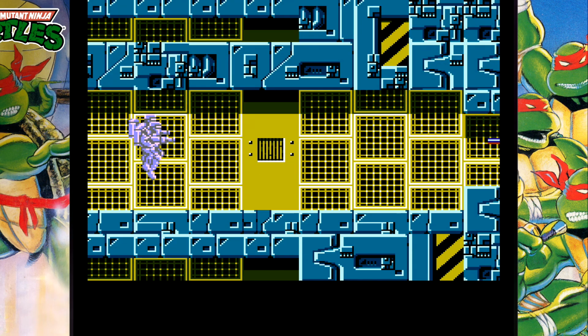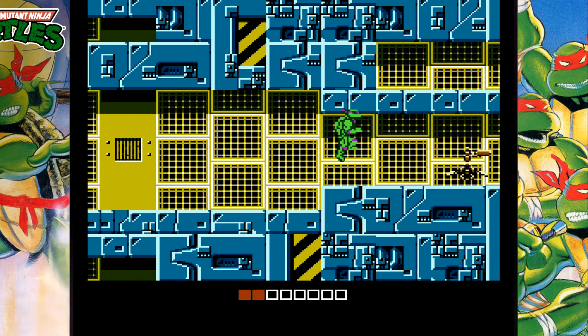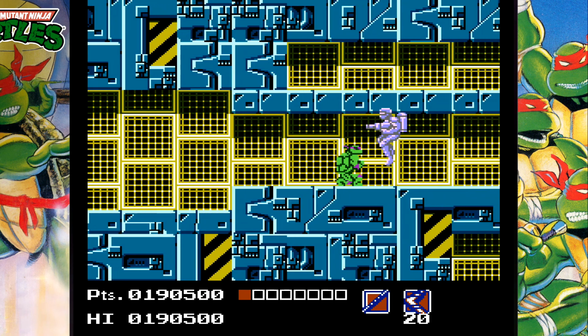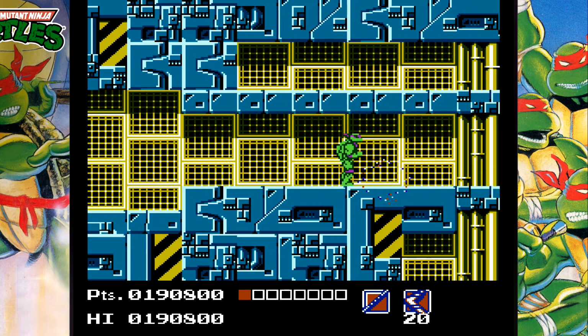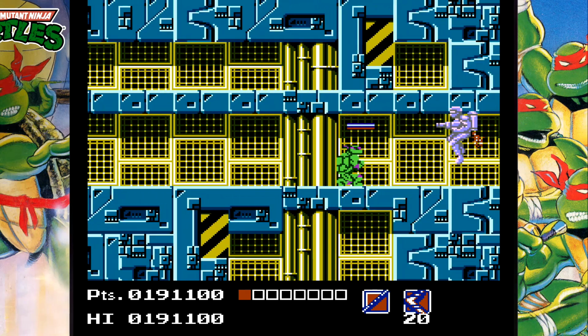Now if you have the scrolls, you can just keep throwing them and they will take out most of the enemies immediately. Now because we're going to be heading into this hallway, we do want to kill that rocket guy. Dang it. Alright, so once we're in here, go forward slowly, duck down whenever a rocket pack guy appears until